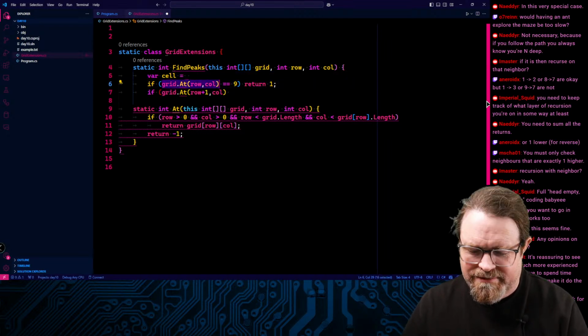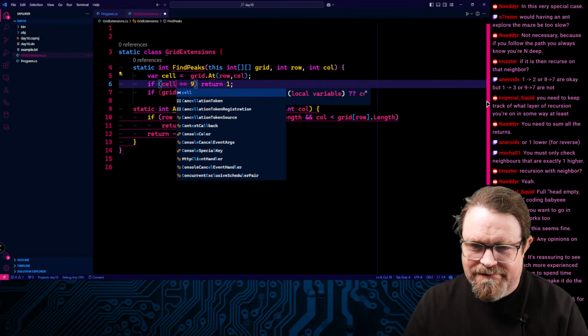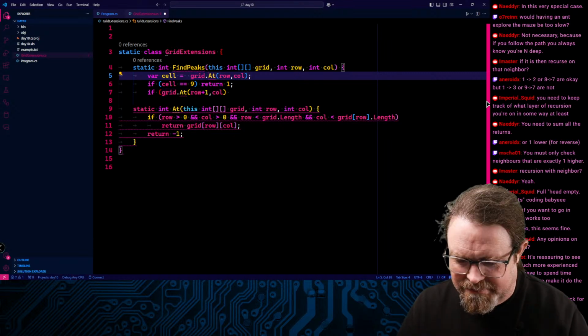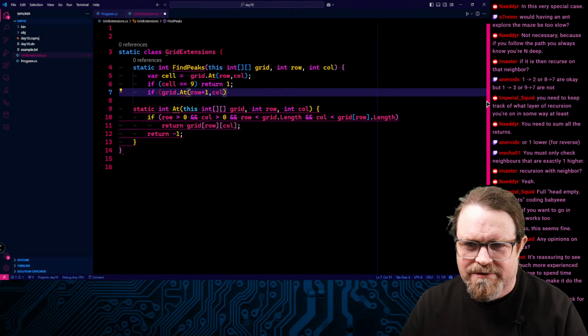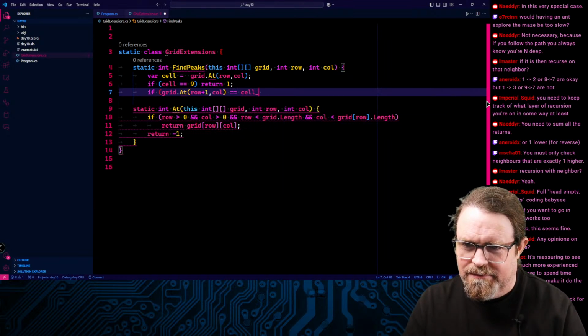That's my cell, the value in the current cell that I passed into the function. If the cell equals 9, we just return 1 because there's no point looking any further, because we found a peak. Okay, then if grid at row plus 1, col equals cell plus 1,